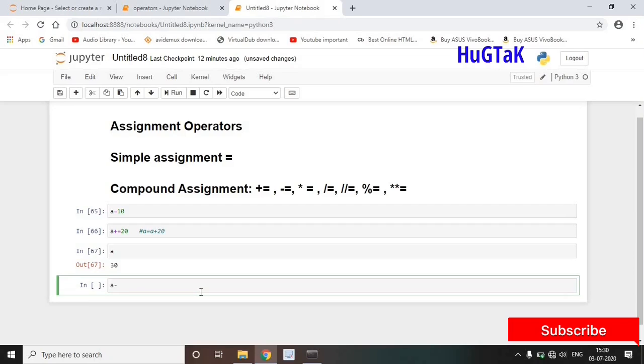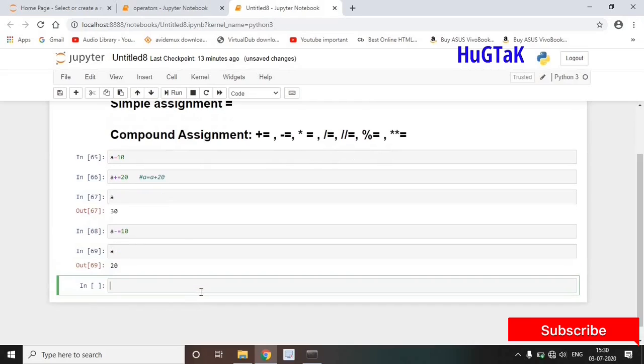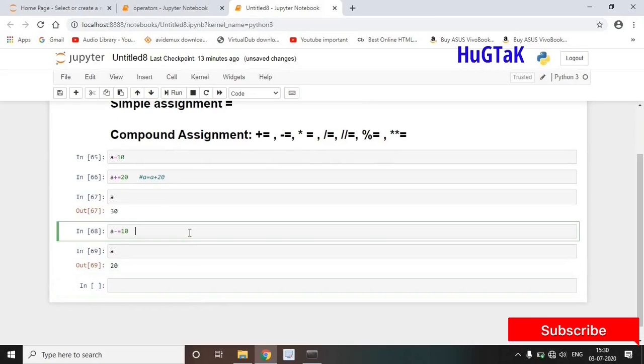A minus equal to 10. Now let's run A. You can see that the new value is 20, and the meaning for this is A is equal to A minus 10. The previous value of A was 30, and 30 minus 10 becomes 20.